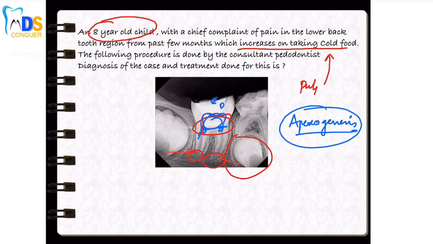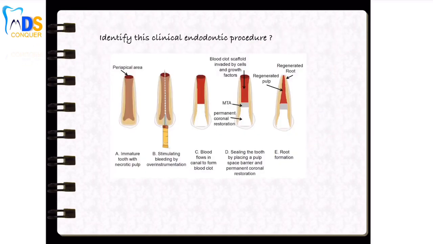But if you talk about the diagnosis of this case, it's not clear, because the findings are not sufficient to diagnose the pulpitis. But upon seeing the treatment plan, what the pediatrician has done, you can diagnose that there is a reversible pulpitis, which is very close to approximating the pulp, and you have tried partial pulpotomy in this particular case. You have removed only some part of the pulp, assuming that the leftover pulp is vital. I hope you are very clear.